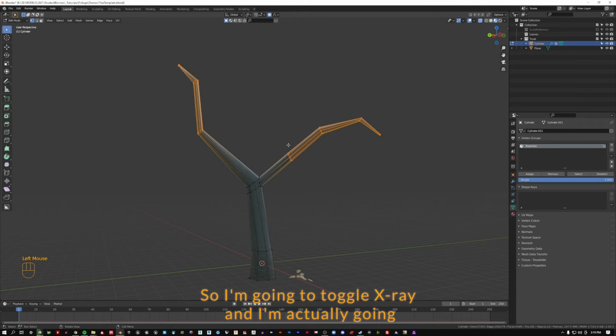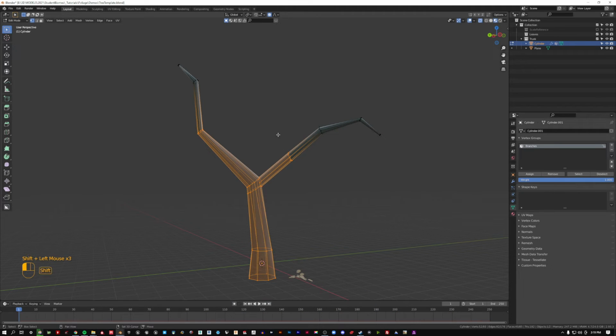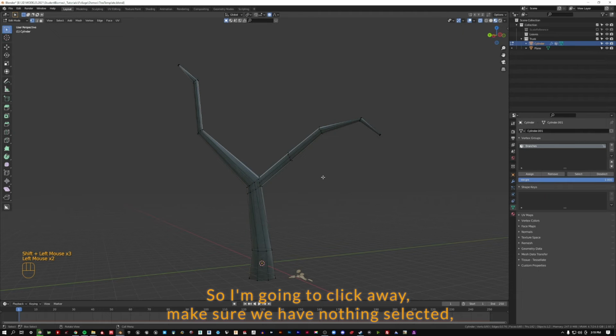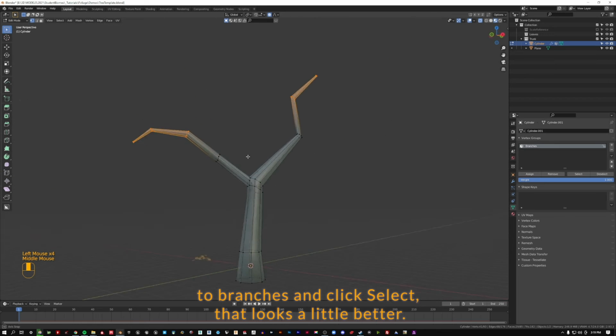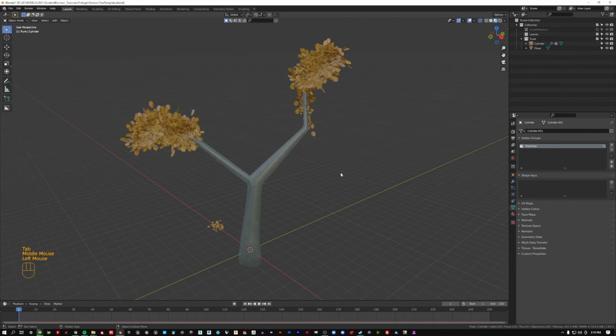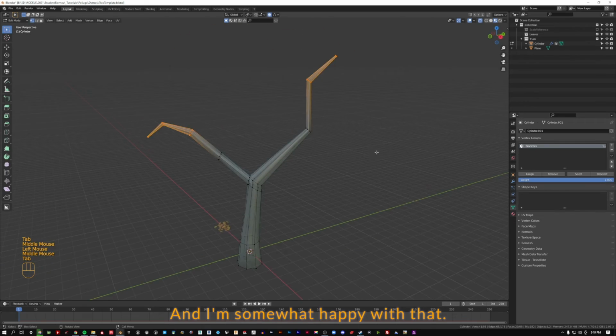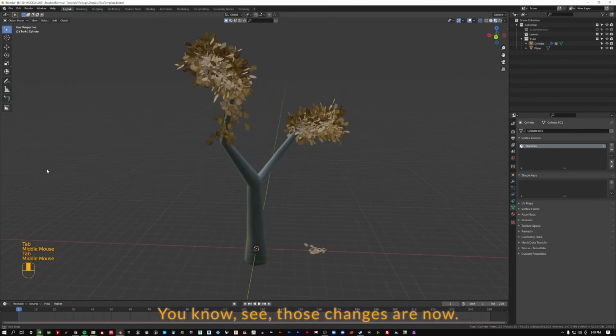So I'm going to toggle X-ray, and I'm actually going to select the regions that we don't want to be hot anymore, and click remove. So I'm going to click away, make sure we have nothing selected, and now I'm going to go back to branches and click select. That looks a little better. So I'm going to get out of edit mode, press tab, and I'm somewhat happy with that. Yeah, we can see those changes are now